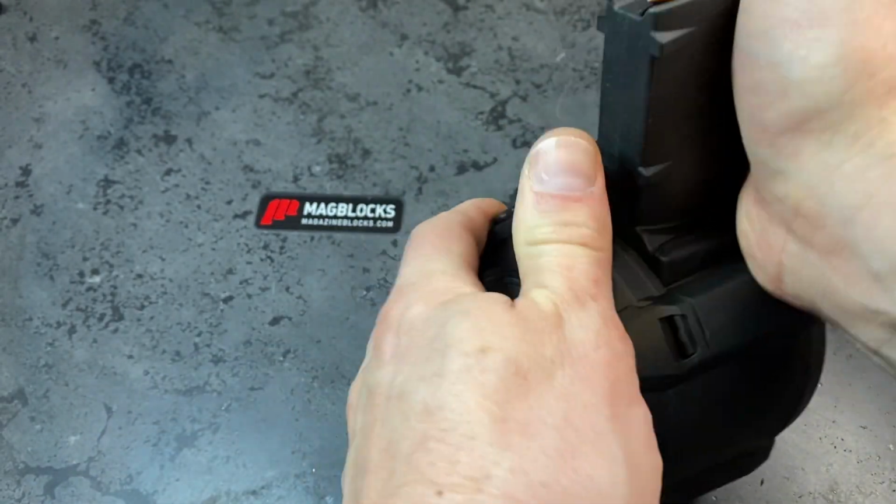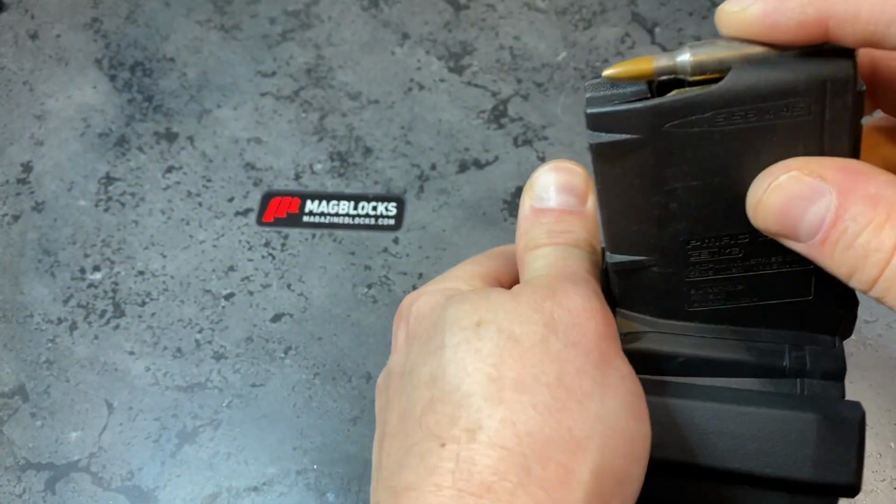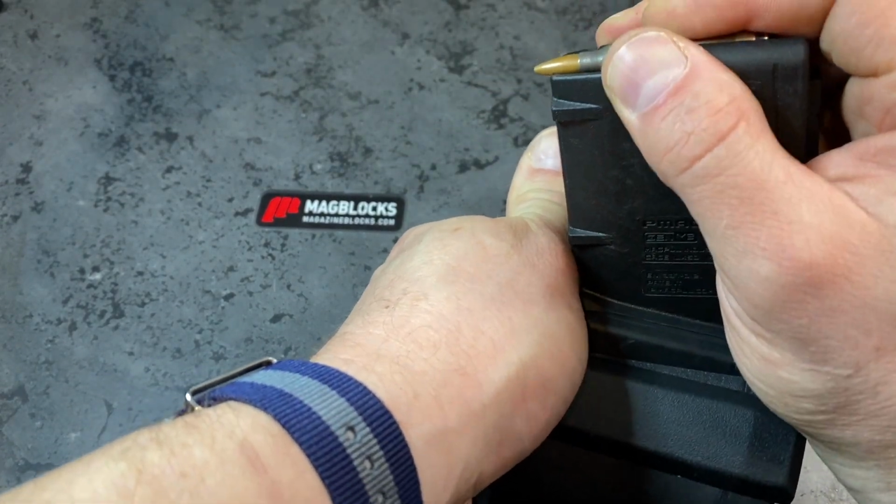All right, 10 rounds. You can crank this and see that we can't get another round in here. And as hard as I crank this lever, that's not